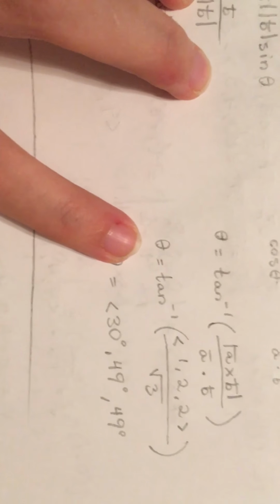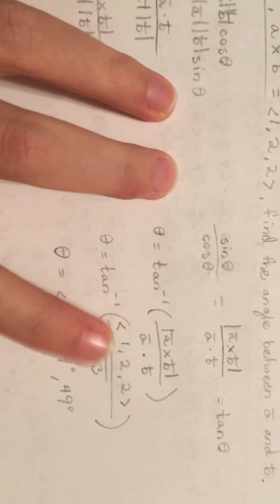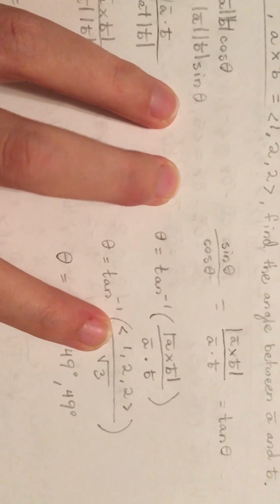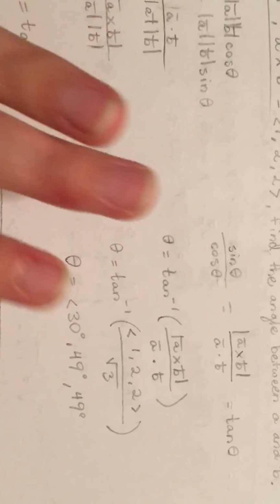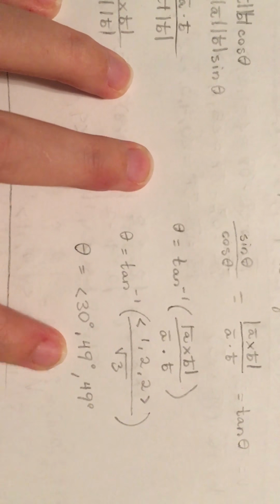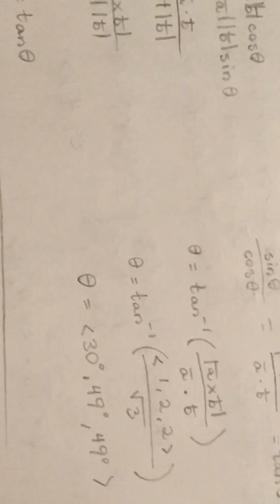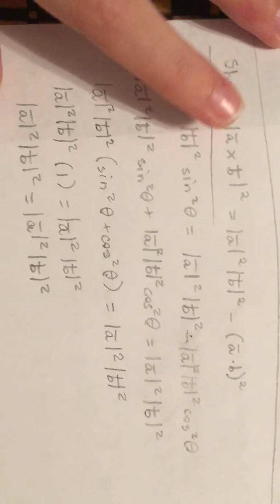So we get theta equals the tan inverse of the cross product vector, which is 1, 2, 2, over the dot product, which is rad 3, which is given to us. So we can find theta is equal to 30 degrees, 49 degrees, and 49 degrees by plugging it into our calculator. And then for a second problem, we are just going to do a proof where we show that the